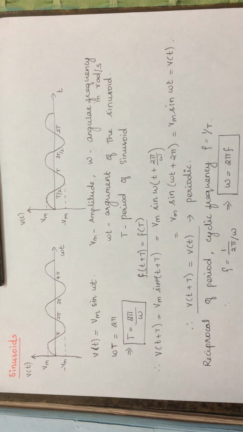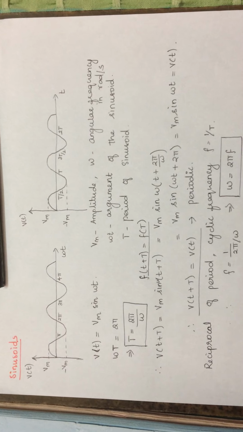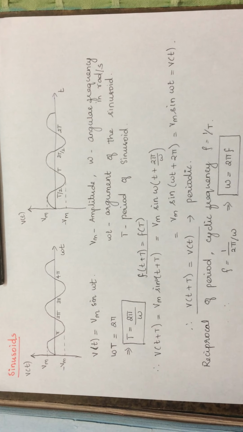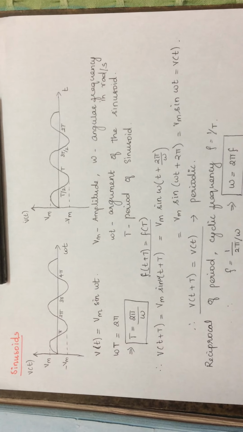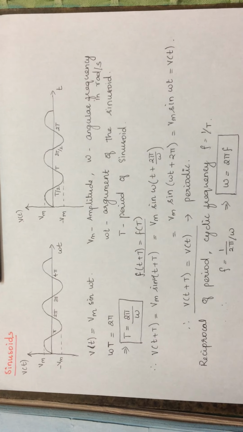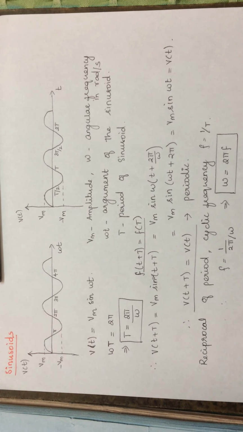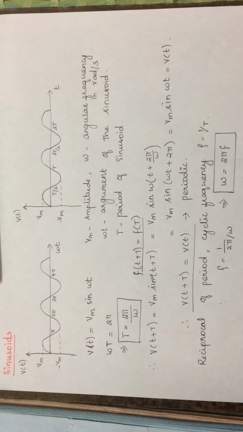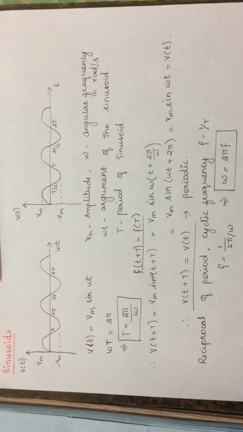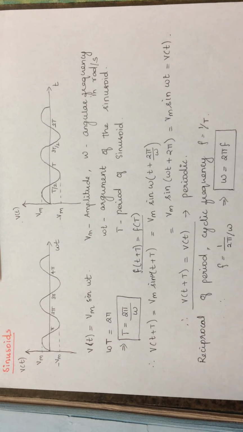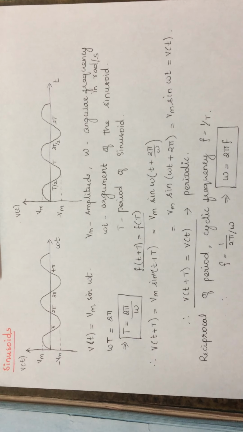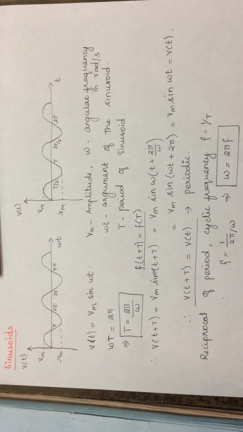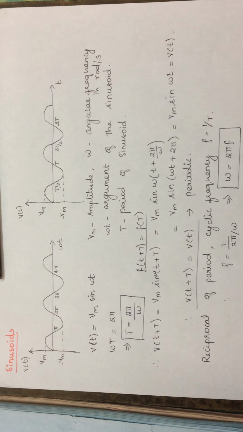Starting from this video, we are moving on to the discussion about AC circuits. The AC voltage and current signals are best represented using sinusoids, as these signals are time varying in nature. Time varying in the sense that, with respect to time, the value of current and voltage varies. Now these sinusoids are in the form of sine and cosine functions.